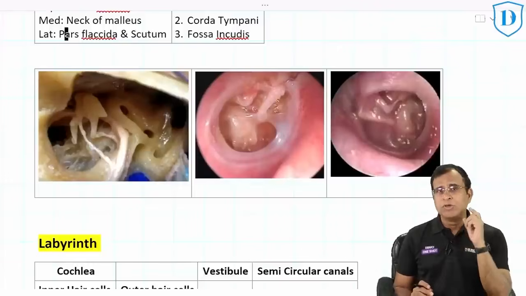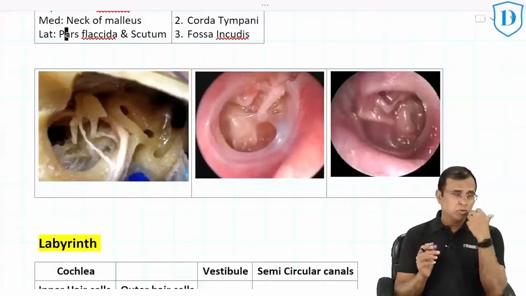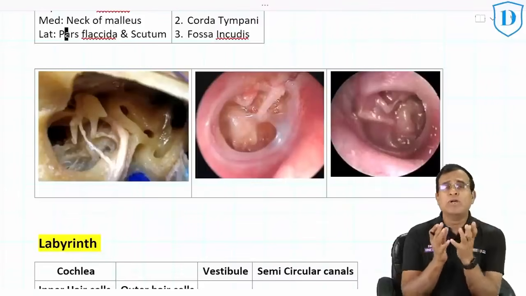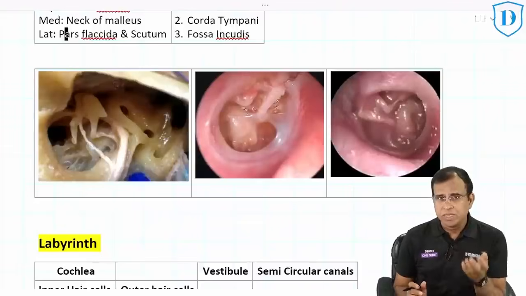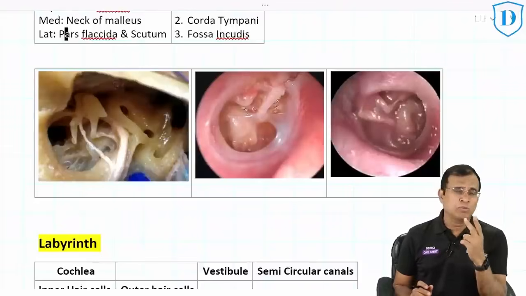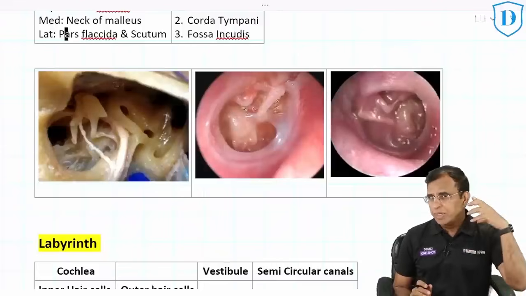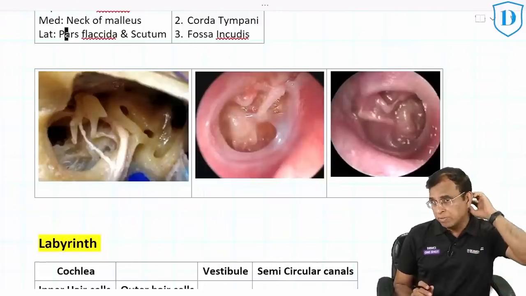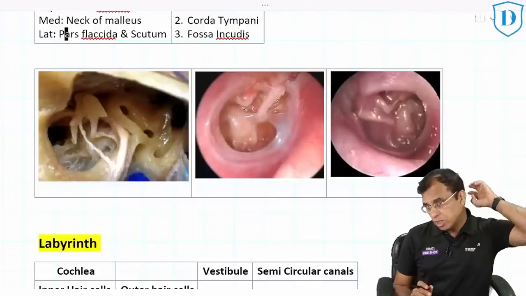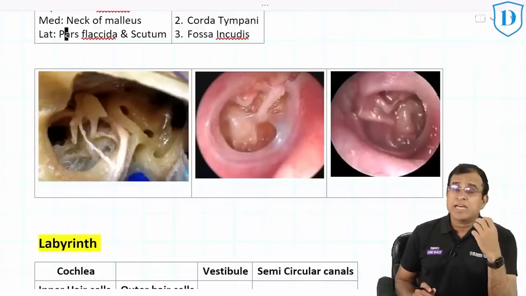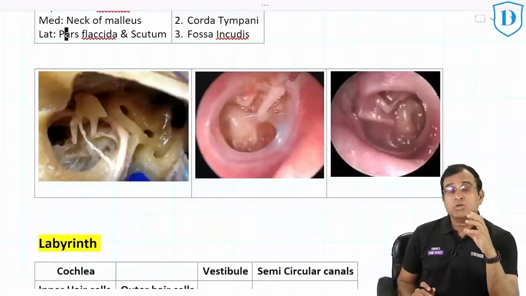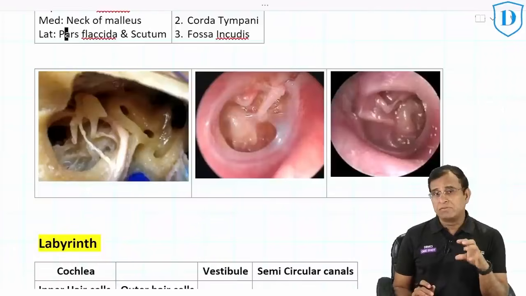One thing: when you get a middle ear image, when we do surgery, how do you get the image of the middle ear? During surgeries usually. Now, there are only 2 views possible when you take an image of the middle ear. One is the lateral view from outside, and the second is from the mastoid. When you do mastoidectomy, from the mastoid, that is a posterior view. So when you get an image of the middle ear and they ask you a question based on that, the first question you should ask yourself is: is this the lateral view or the posterior view?